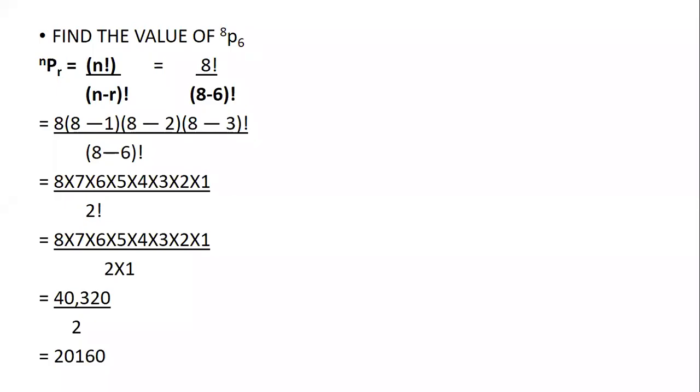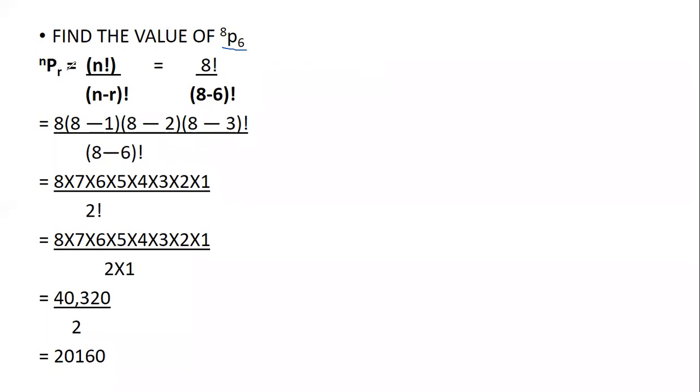Okay, so previous class we solved only one problem. Today we will start with this problem, that is 8P6. Out of 8 things that we have, we are going to select 6 things. We have 8 options, and out of 8 options, we are going to select 6 of them. Now, how many ways can we select those 6 options? That is what we are supposed to find out.